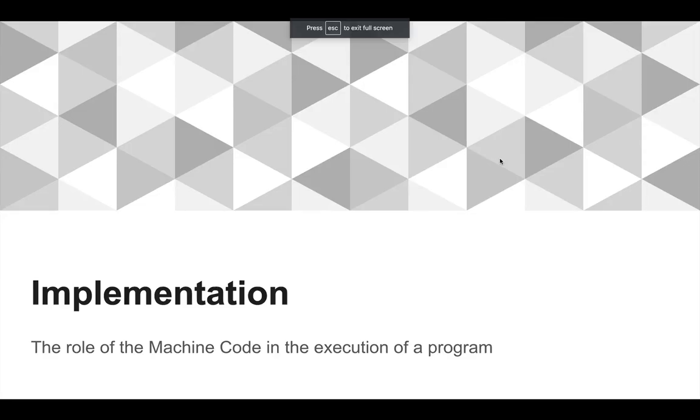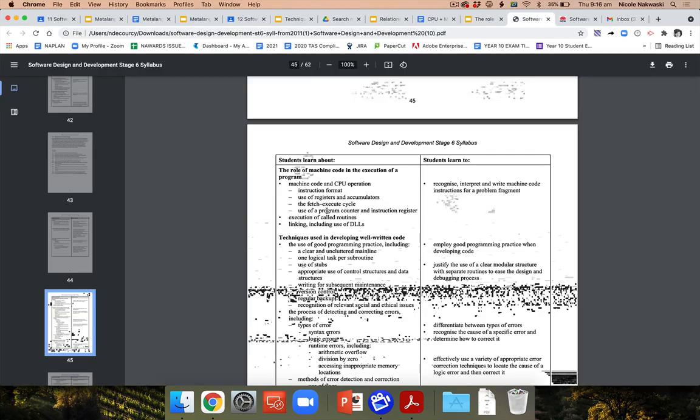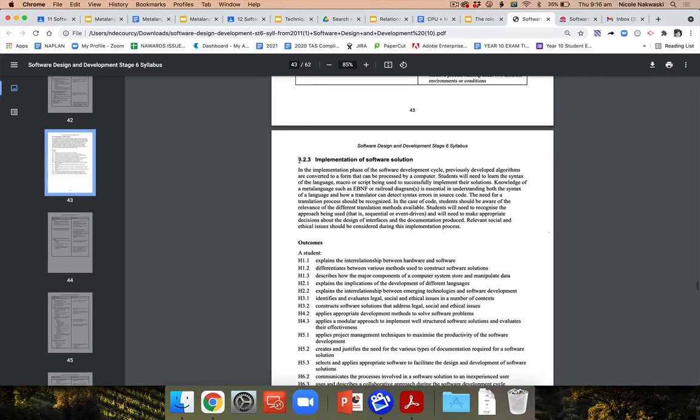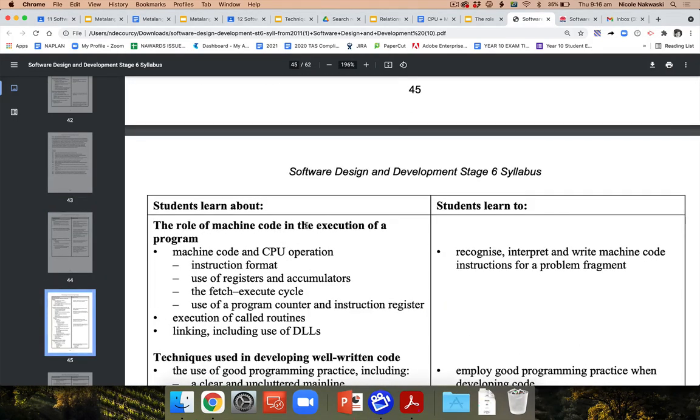Okay, E12, welcome to your video tutorial today. Today we're going to look at the role of machine code in the execution of a program. More particularly, we are going to be looking at the CPU and how it works. So if you want to know where we are in the syllabus, 9.2.3, the role of machine code in the